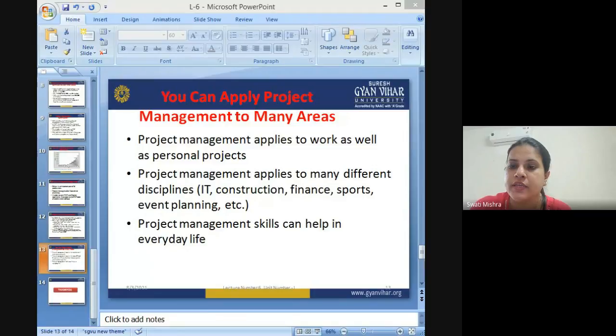So I was saying that these project management softwares can be applied to multiple organizations, and project management as a whole, as a complete discipline, can also be applied to many areas. Of course, IT firms are always working on multiple different projects, and they require the knowledge of project management, and project managers all the time to manage their projects properly.